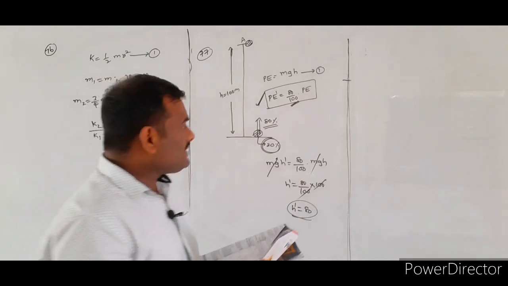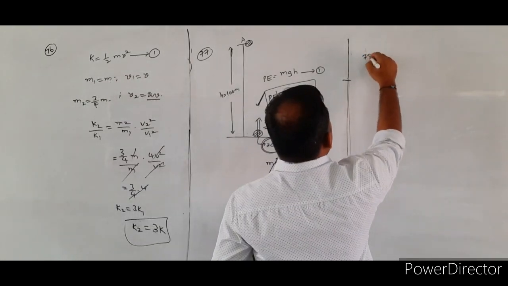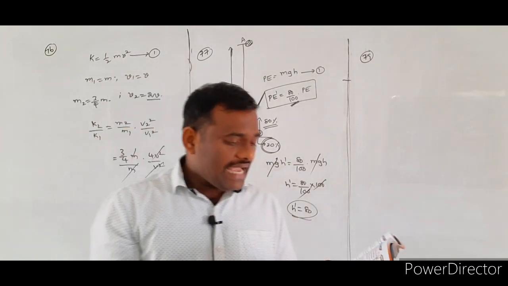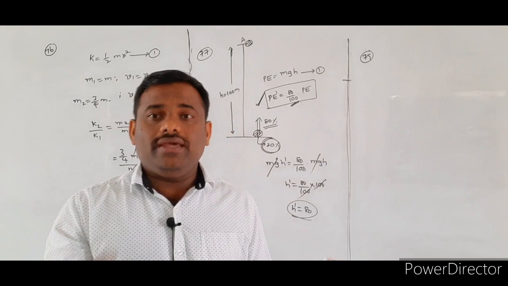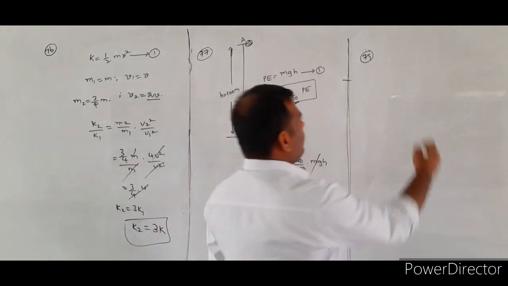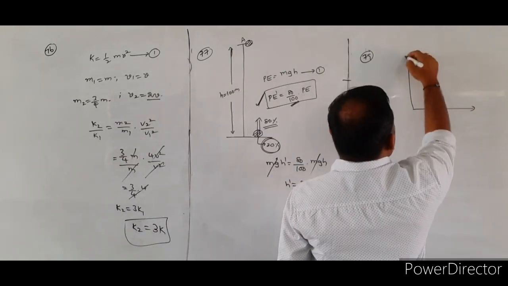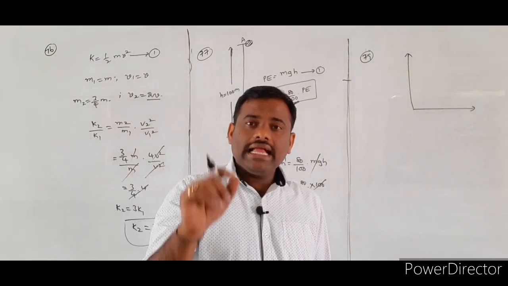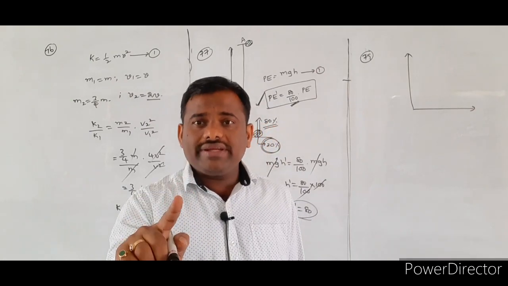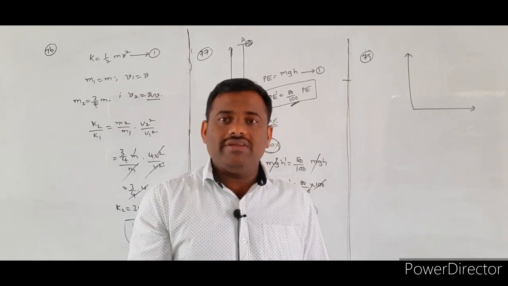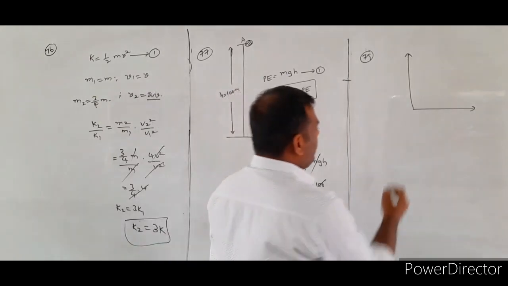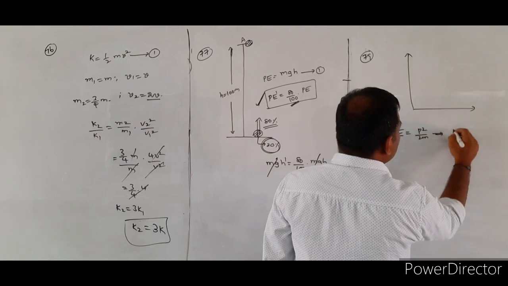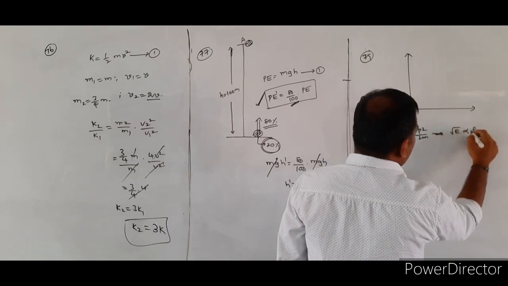Next one. Problem number 79. That is a graphical question. See here. The graph between kinetic energy and 1 by P is. The graph between any two physical quantities will be a rectangular hyperbola whenever they are in inverse ratio. Generally, kinetic energy E is equal to P square by 2m, and root E is directly proportional to P.